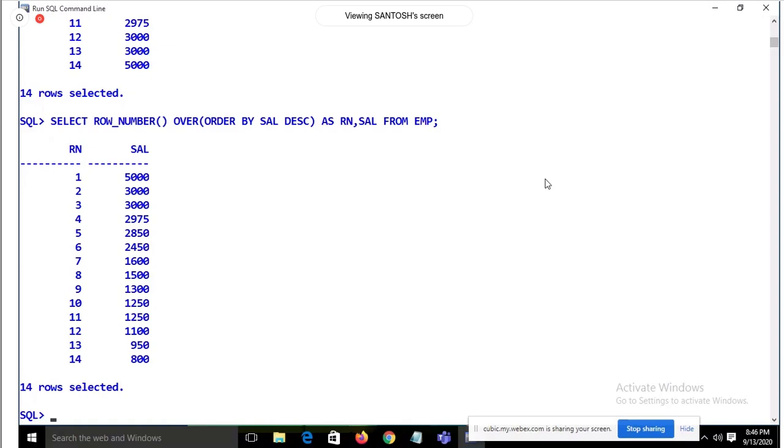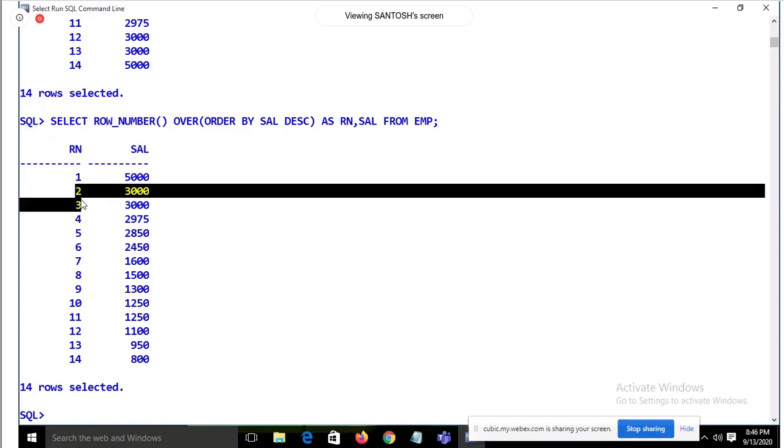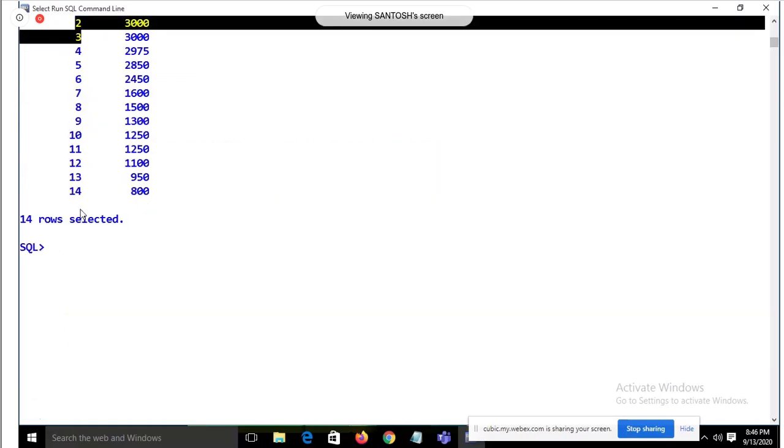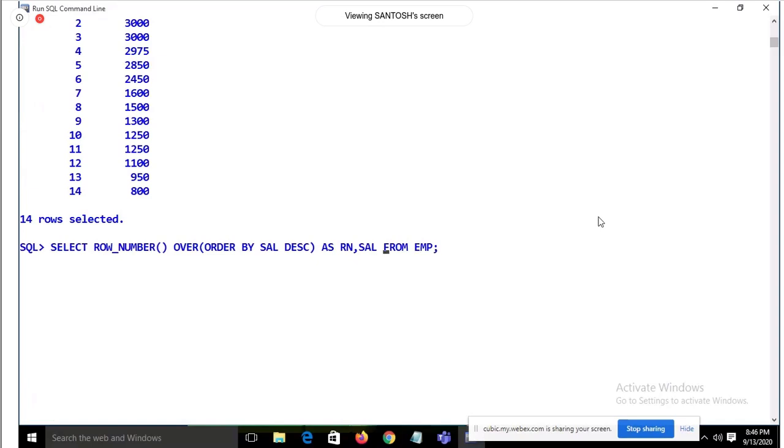That's the problem with the row number. Row number is perfectly fine. It's going to give you the row number according to that particular condition. But the problem with row number is, even for the same values, we are getting different row numbers. So this is not good practice. If we are having repetition of data, I will not go with the row number.